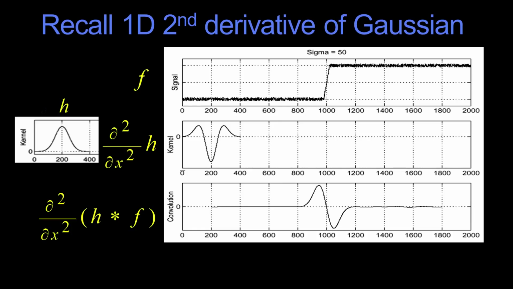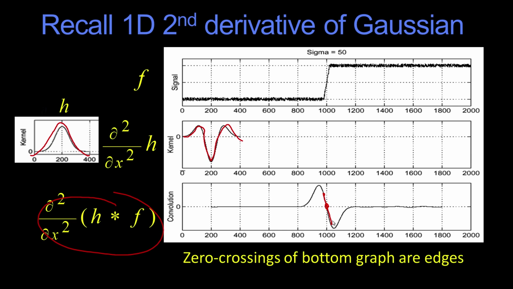Finally, one last thing to show you, just sort of in completeness. So you remember the one-dimensional case of the second derivative of the Gaussian. This was our original Gaussian. The second derivative was this inverted Mexican hat operator. And when we applied that to f, it's the same thing as taking the second derivative of the smooth version. We were looking for that spot there, and those were called zero crossings on that bottom graph, that corresponded to where the edges were, okay?